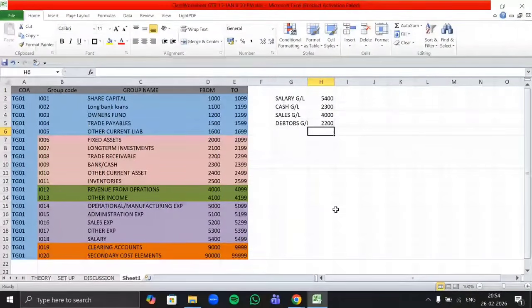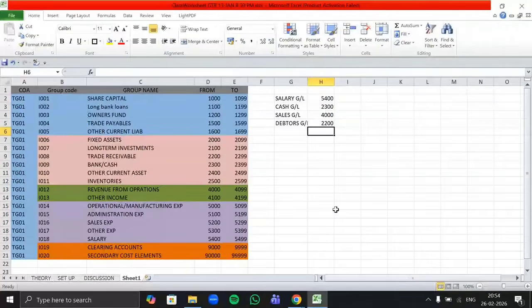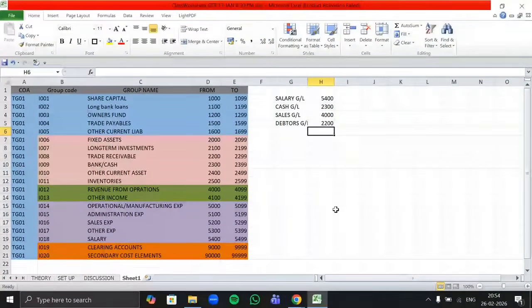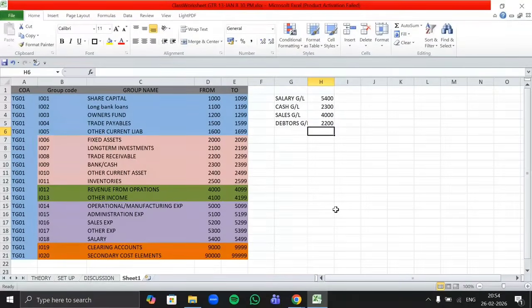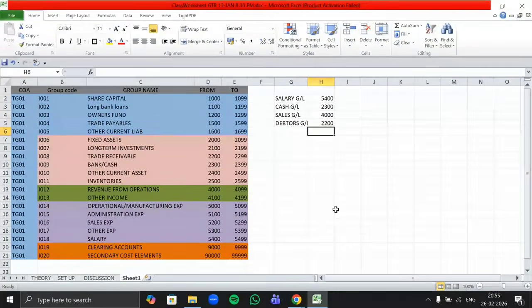Anyone wants to say anything? Does trade receivable come under other current assets? Not other current assets, current assets only. Okay. So does it come or not? I want a poll. No, ma'am.